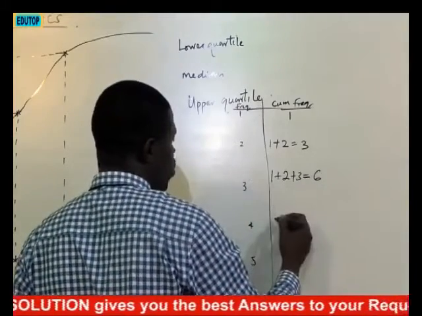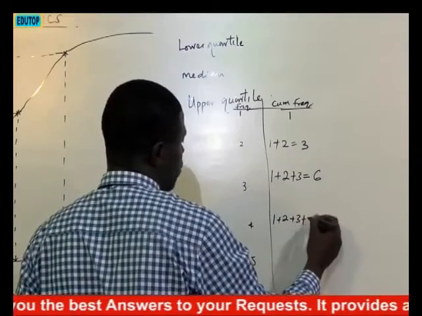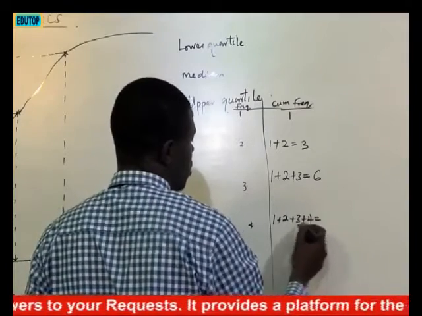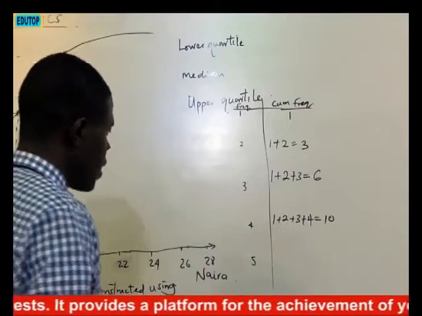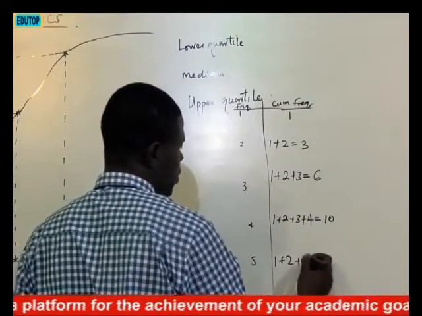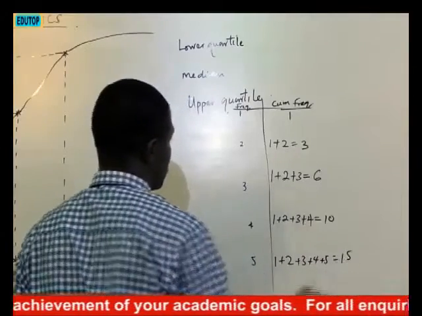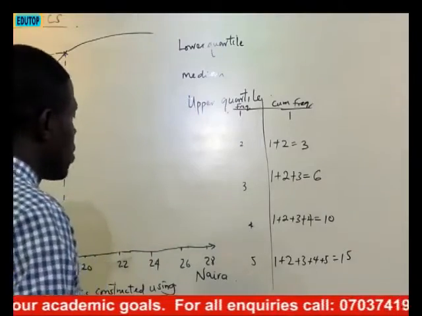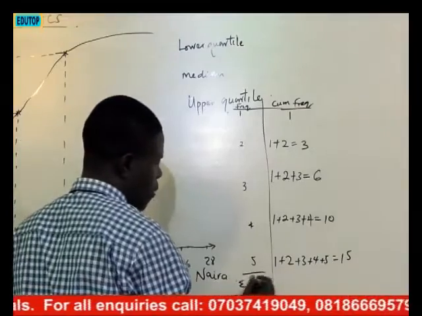So if you have to compute the next one, it will be 1 plus 2 plus 3 plus 4, and that will be 10. Then if you have to compute the next one, it will be 1 plus 2 plus 3 plus 4 plus 5, and that will be 15. So by the time we sum this together, the summation of f will be